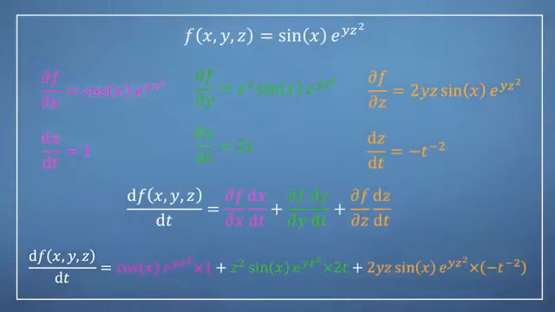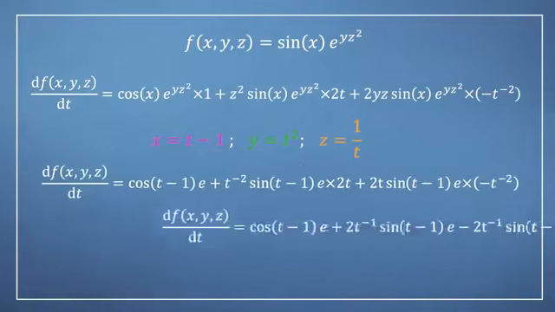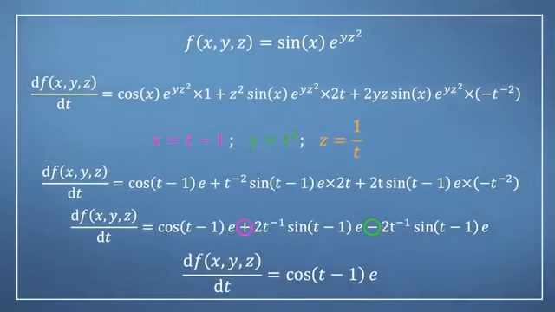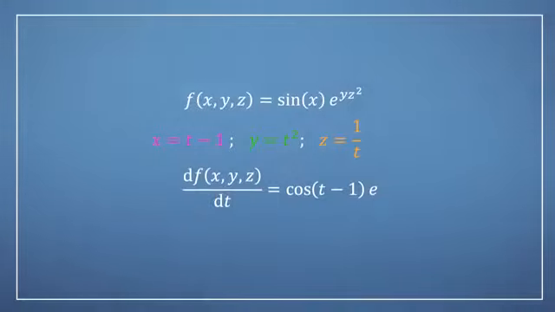Nothing hugely complicated here. However, when we then sub it into our total derivative expression, you can probably see why I've chosen not to write this all out by hand, as at first the expression is a bit of a monster. However, after substituting for x, y, and z all in terms of t, and then simplifying down again, we can see that the second and third terms are the same, just with opposite signs, and so they will cancel each other out. Then, kind of amazingly, we arrive at the same result as we saw at the beginning of